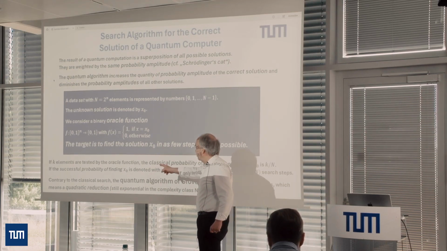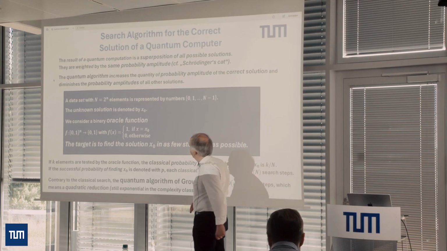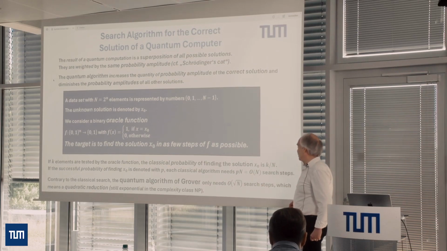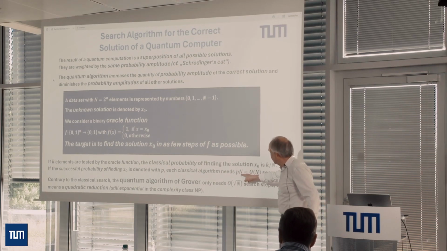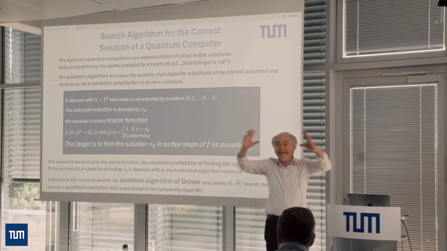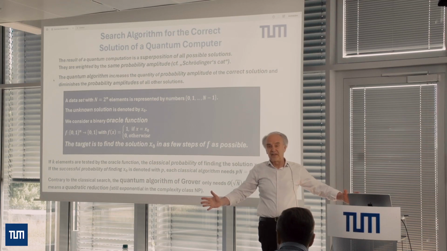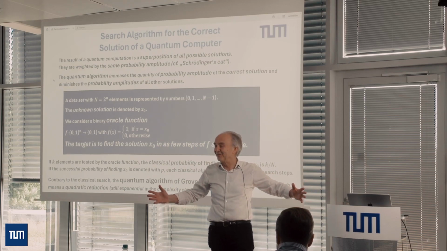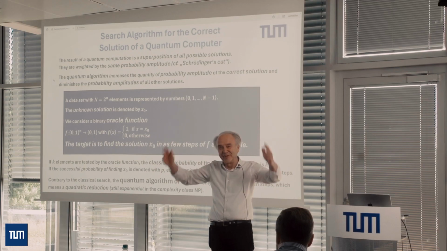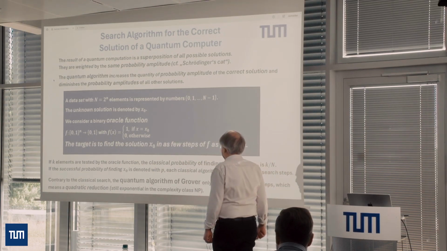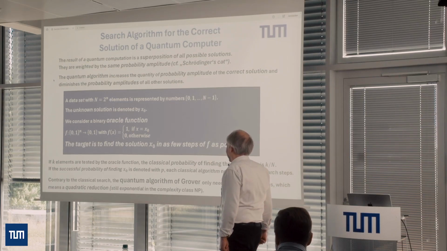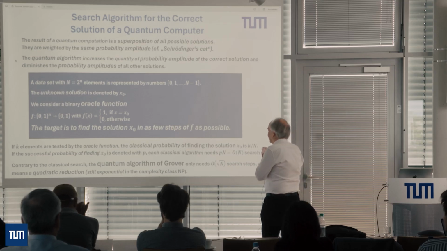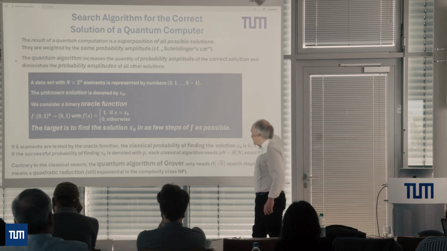And if the successful probability of finding x0 is denoted by p here, each classical algorithm needs p times n search steps. That means the number of search steps in the order of n, and n is the size of the whole data set. And that is, of course, a stupid situation, because you would lose all your advantage of quantum computing by superposition, because you have to test all these simple examples. Now, contrary to this classical approach, there are nowadays quantum algorithms, and the first example is the Grover algorithm,